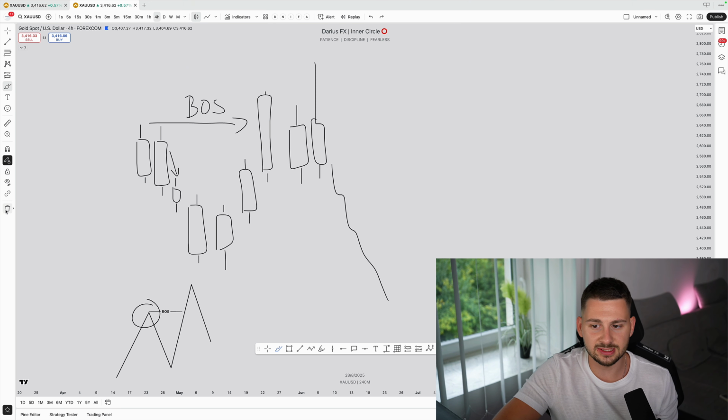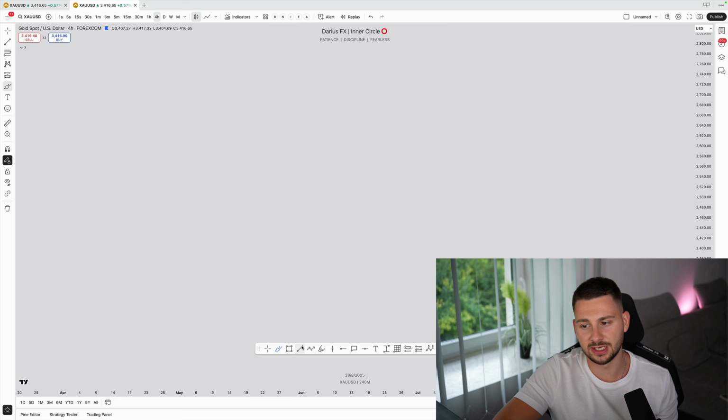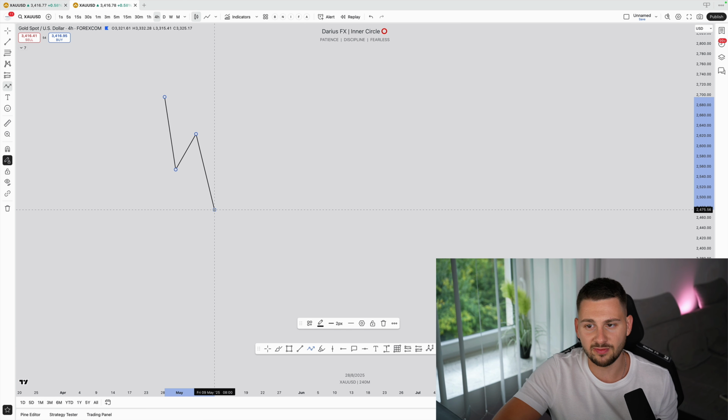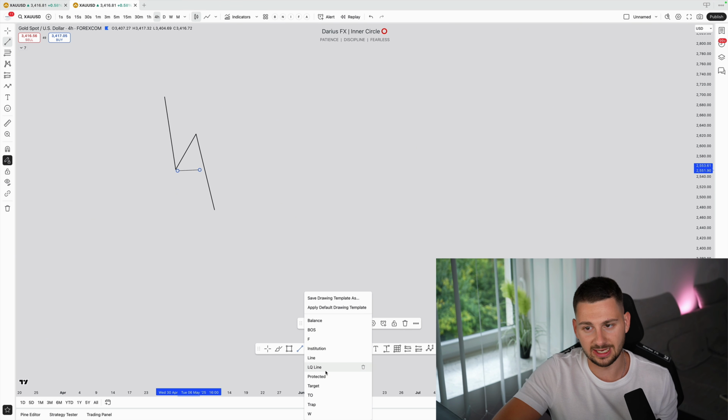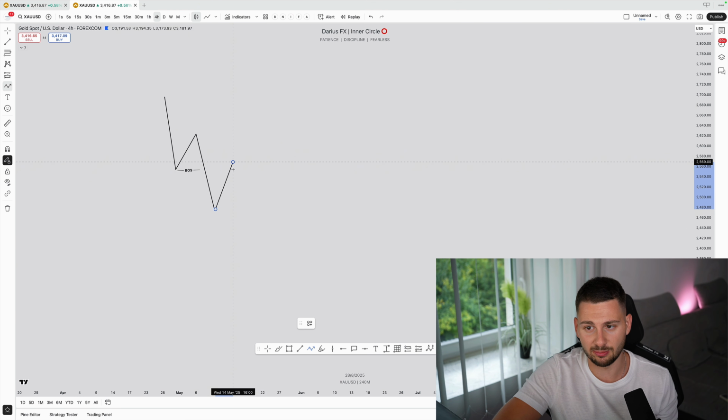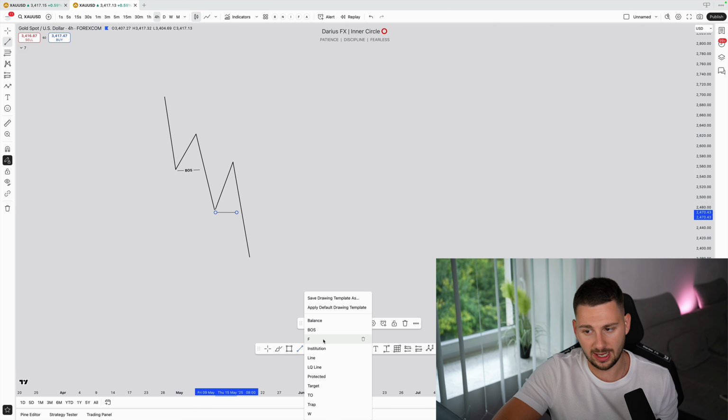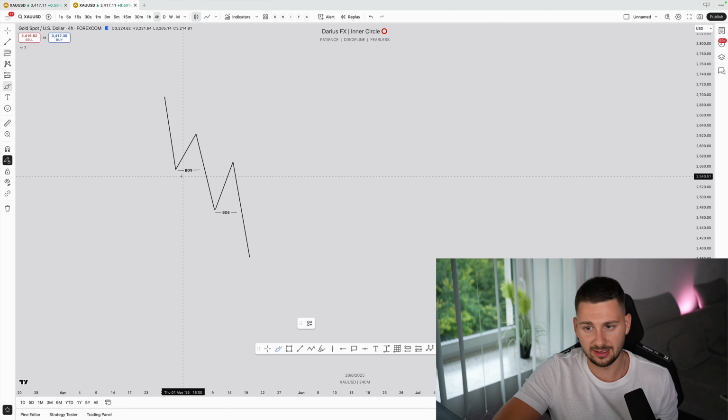Let's repeat this entire thing for the opposite direction, so for a bearish market. A bearish market is basically when the price provides you lower lows and lower highs, and the BOS is exactly when we break through a previous low, right? And then we print a new lower low, right? And so on. And this is exactly how the price follows structure: lower lows, lower highs, and so on. That's exactly what we want to see.